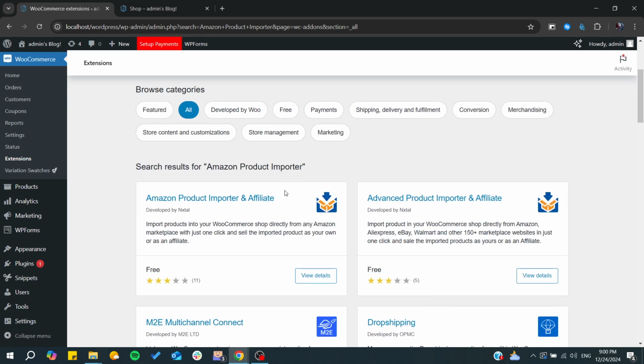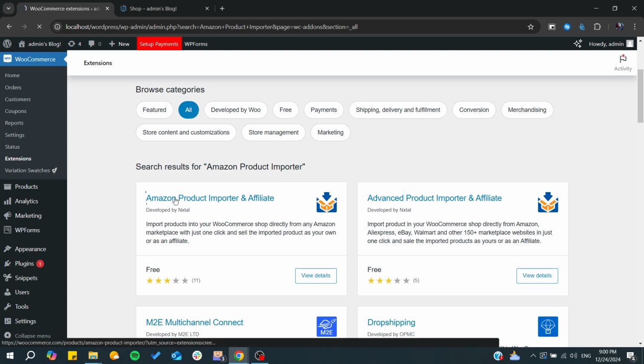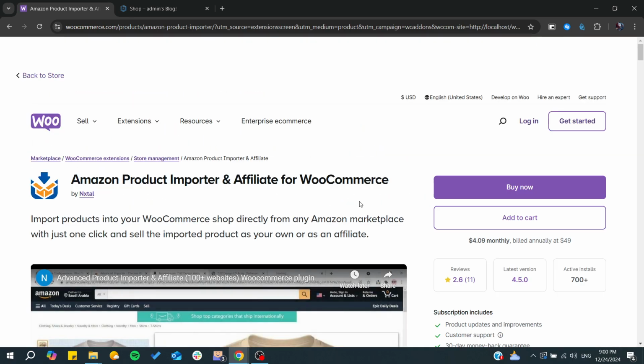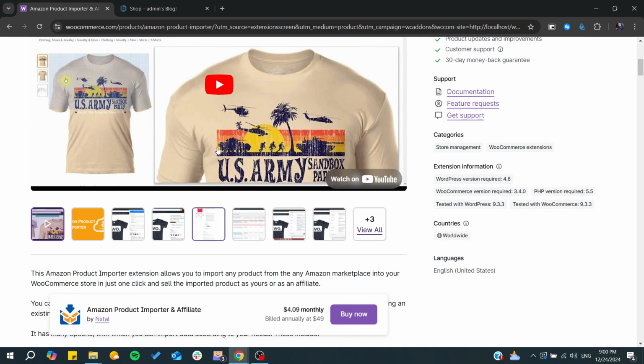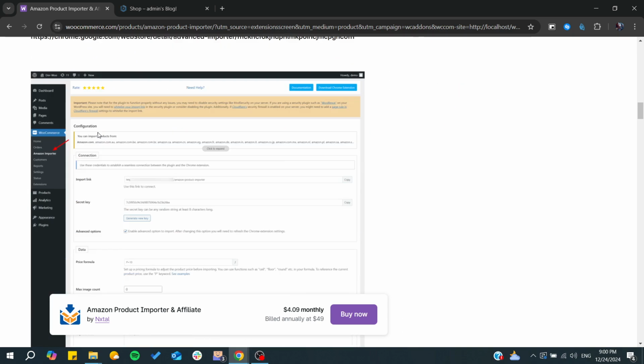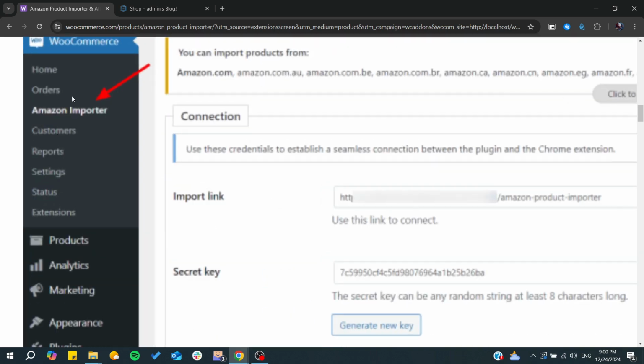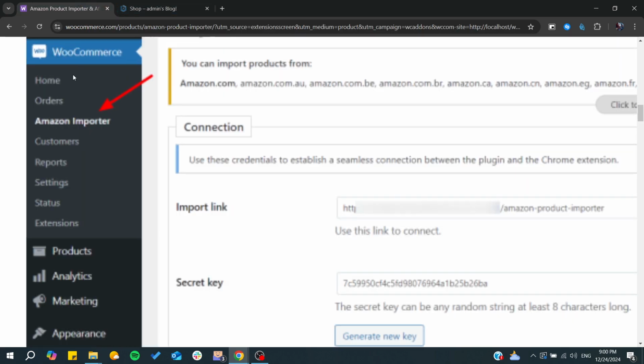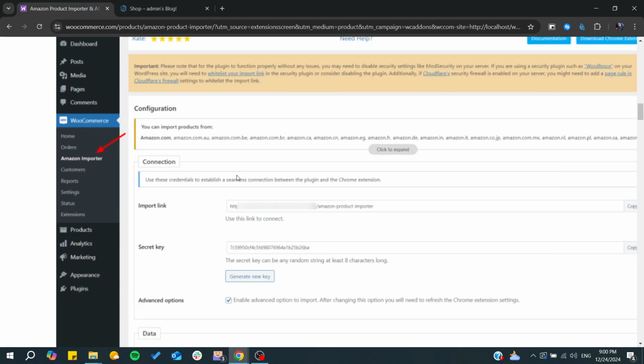And as you can see, there is this one. So all you need to do is just to install or to add this extension to your WooCommerce. And basically by that, you will start being able to import your products. So as you can see, you will find it here in your WooCommerce, and then you will need just to